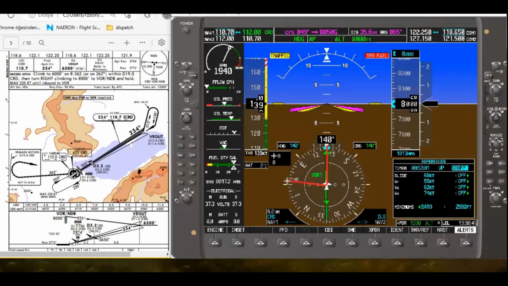As you see, something like this. This is the radial 055. And the DME of Vegut is, as you remember, 12. And the DME of me is, as you see, 6 DME. And to intercept, to go to Vegut point, I must first place the Vegut point and where the aircraft is